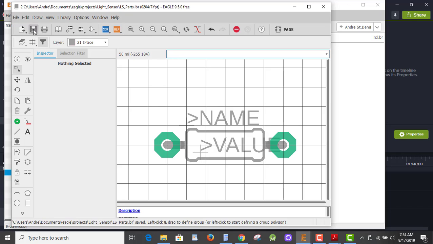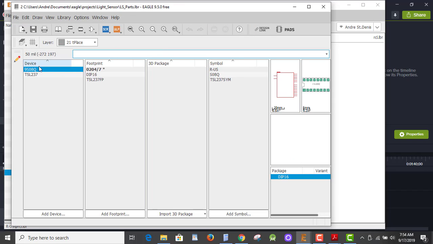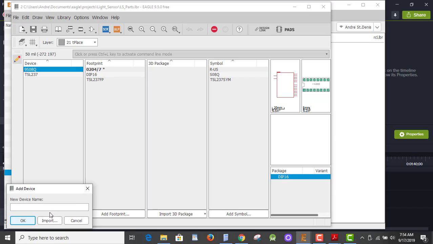I'm going to save that, and I don't have a part yet until I actually create what's called a device, and I can do that by just selecting device here, or I can go back to this book form and create a device. Doesn't matter. I'm going to call this a 1/4 watt resistor. Okay, say OK,